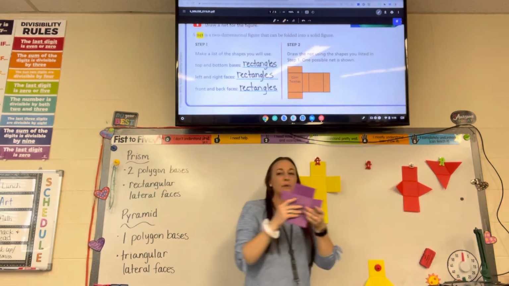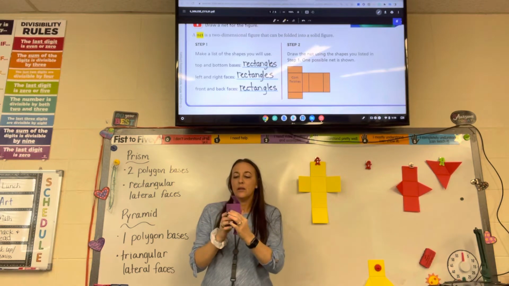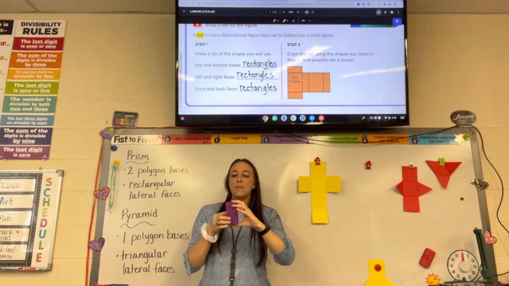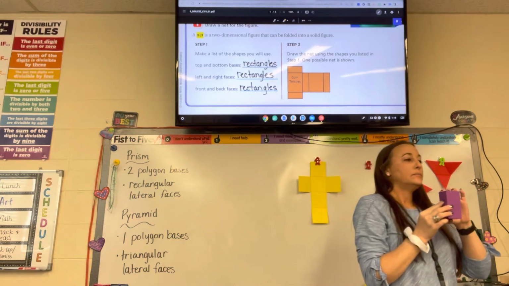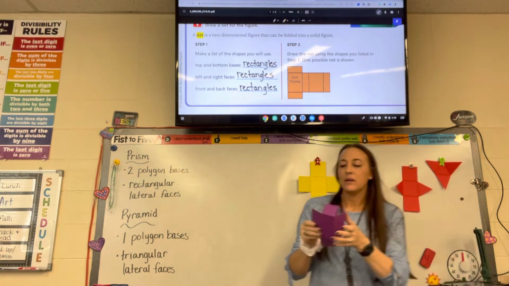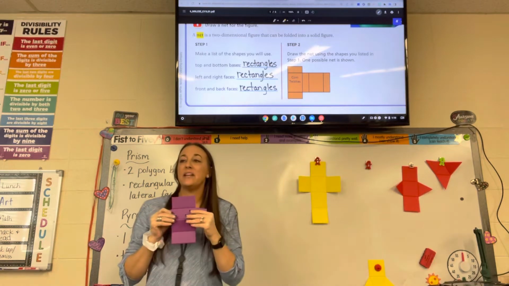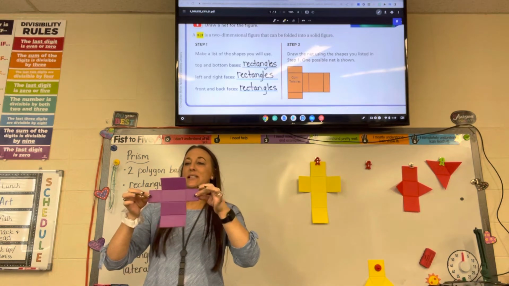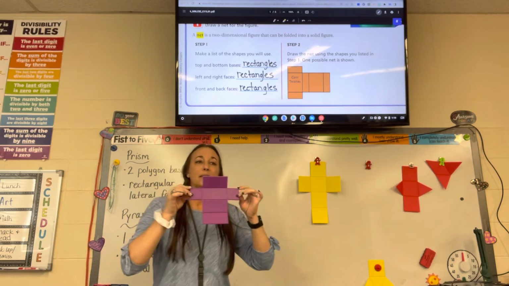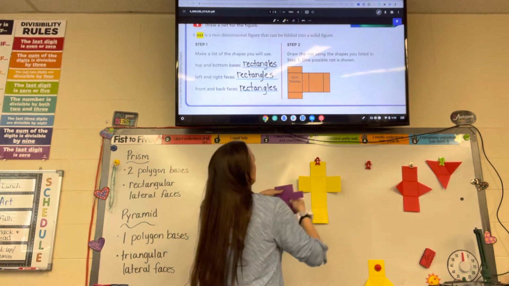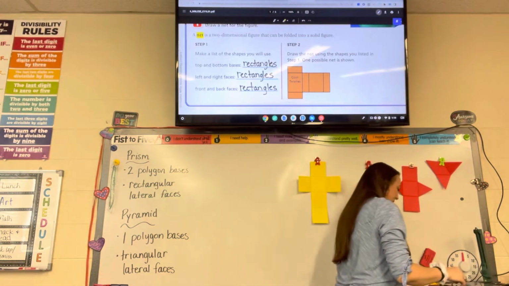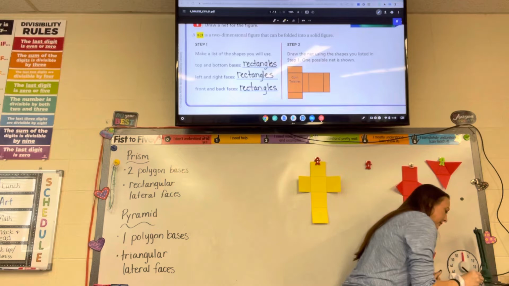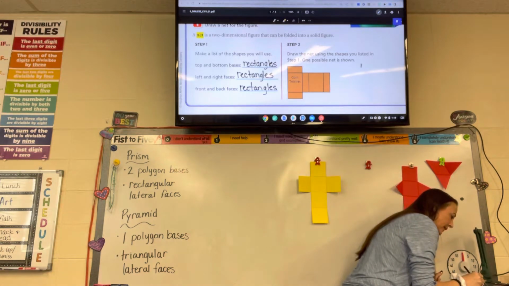This is an example, and the top and bottom of this are more square shaped, but this would be an example of a net that we could draw. We would just extend these squares out and make them into rectangles. So that's what we're going to draw. We're going to draw a figure similar to this because they've given us one example, but we need to draw another. So to start with, we're going to draw